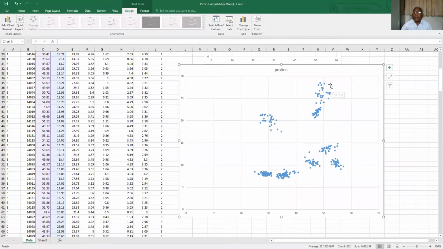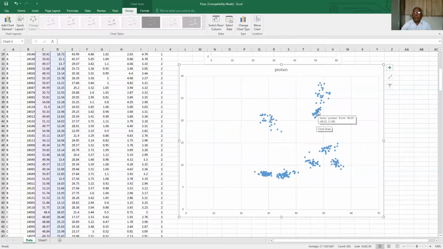Do you see that? Even though it looks like one cluster, maybe this is one cluster and this is one cluster, and that is why these two clusters are very close to each other. Their properties are very close to each other. So the brands are two different, but their properties are nearly the same.